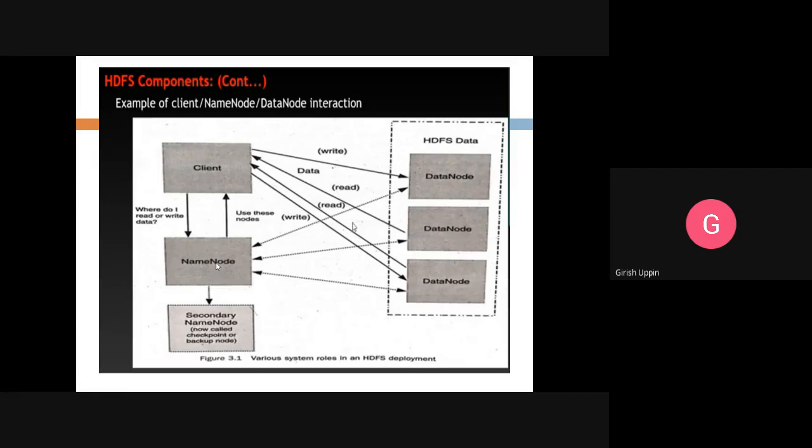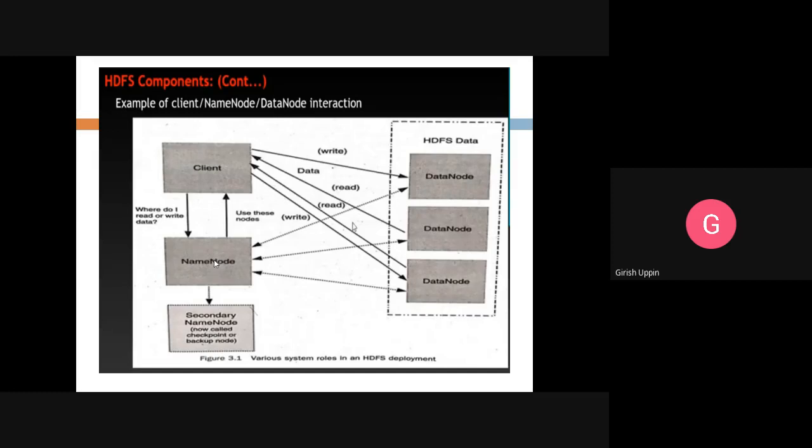And we have a secondary name node which will work as a backup node or a checkpoint. What it will do is, whatever the present state which the name node is holding in its memory, the information, yesterday we talked about data of data. It is called metadata, data about data.